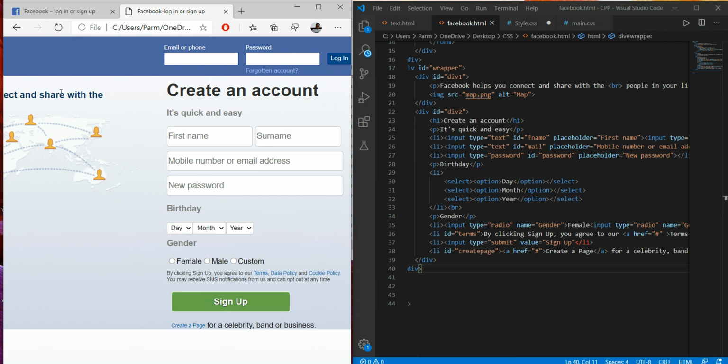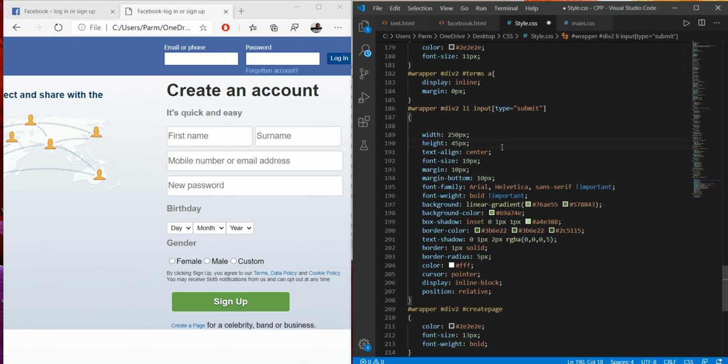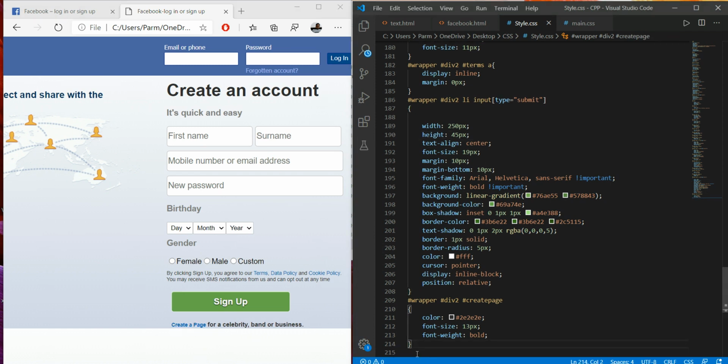Just make changes to this, save it. Now look at this. Now it's again of small size, ABC create page, and this is giving this, so I just wanted to change its size.